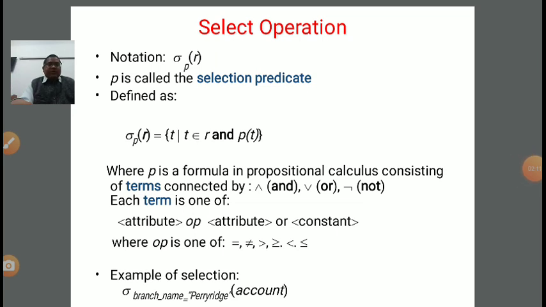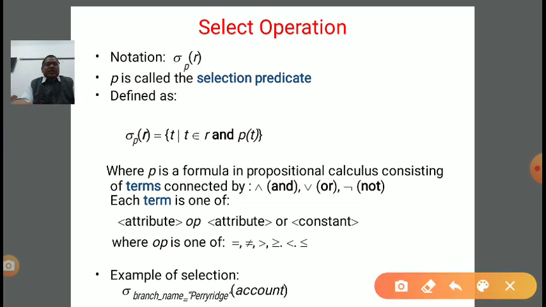Now how to write down this? Sigma of p in bracket r equal to, it is a set where it will give the tuples. t is for the tuples, it will give those tuples which belong to r.